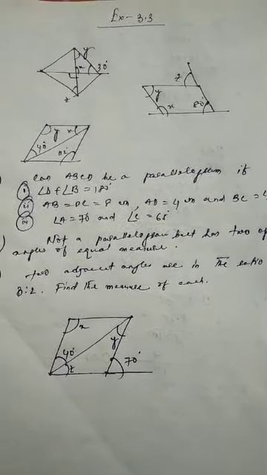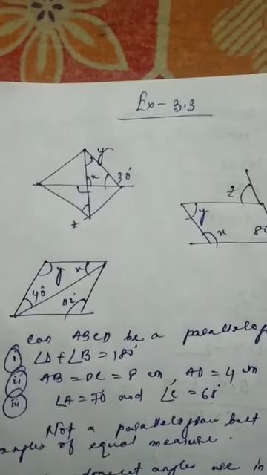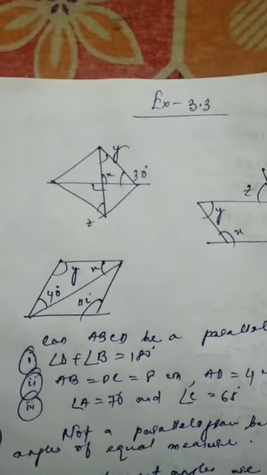I drew some figures on my copy. Here are the figures. As we can see in this particular figure, this parallelogram has got some unknown angles. These are x, y, and z. So we have only the measure of one angle given, that is 30 degrees, and the rest of the angles we have to find. So children, here are some properties which we need to understand about it.